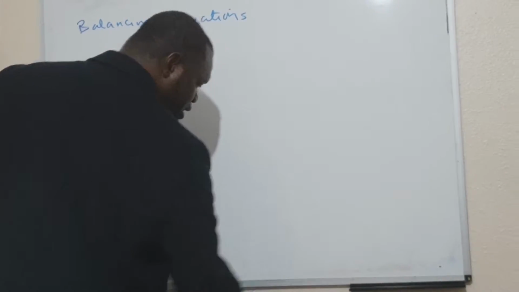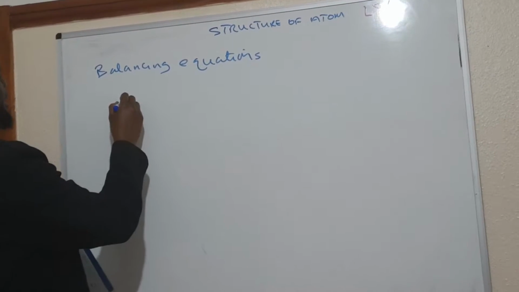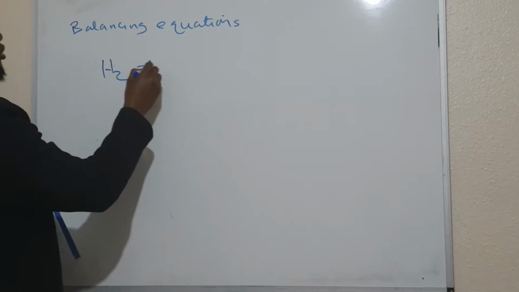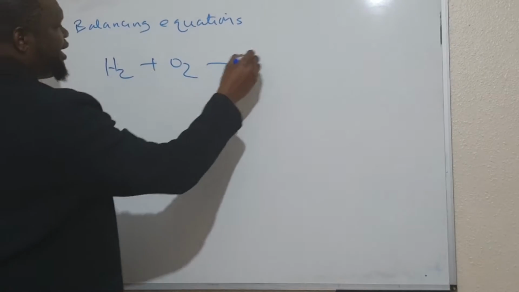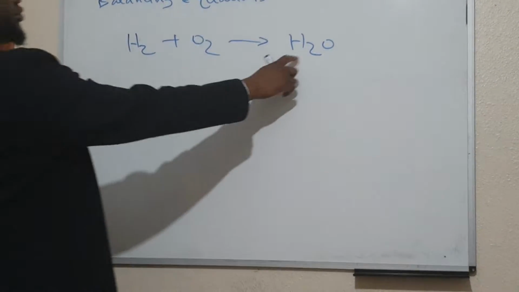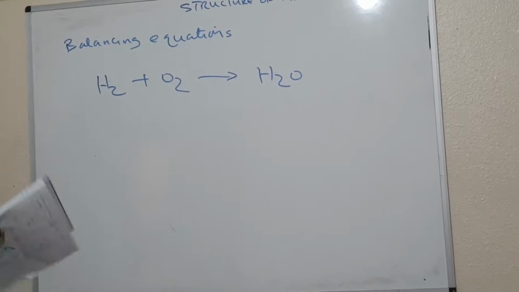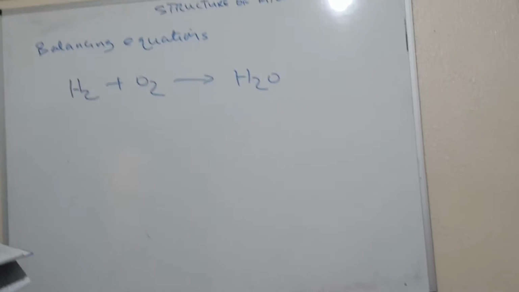Now, first of all, if I tell you H2 plus O2 is H2O, why is H2O not HO? That's what I want you to understand. Now, the example I gave,